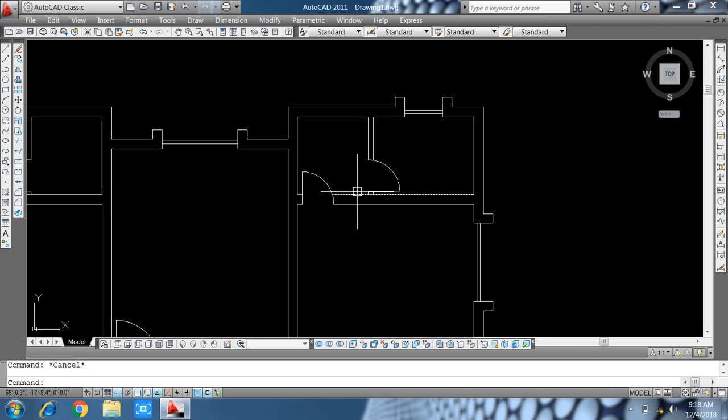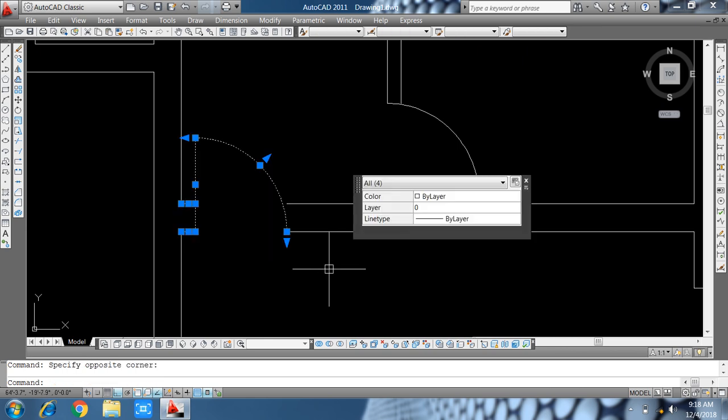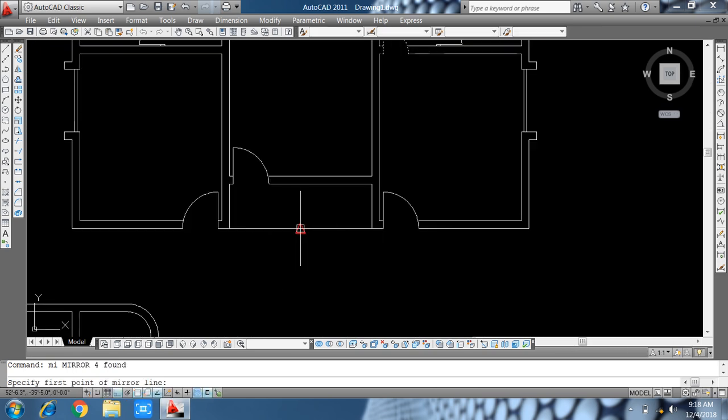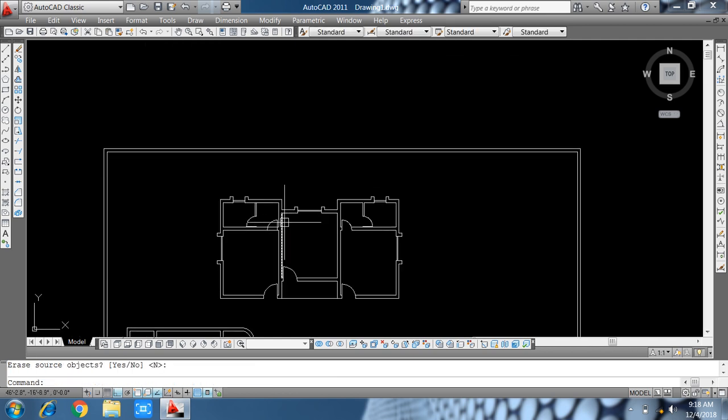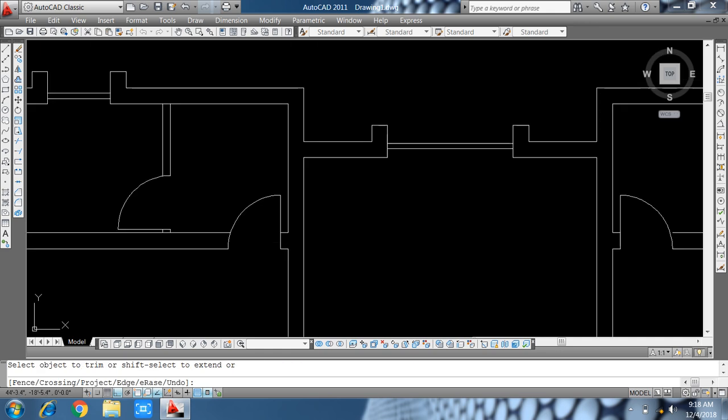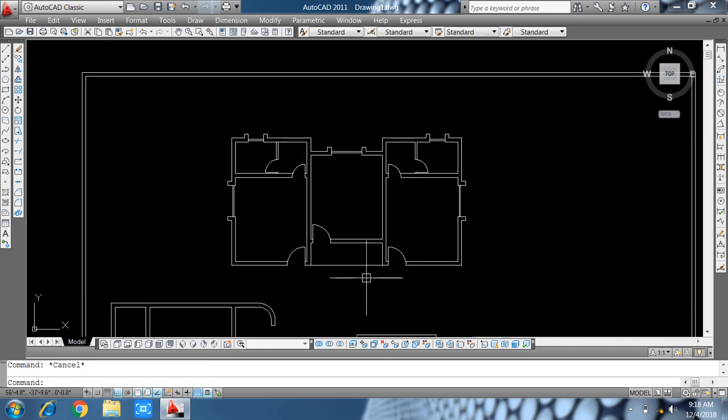Now friends, we make a ventilator. So friends, this is an easy process, simple process.